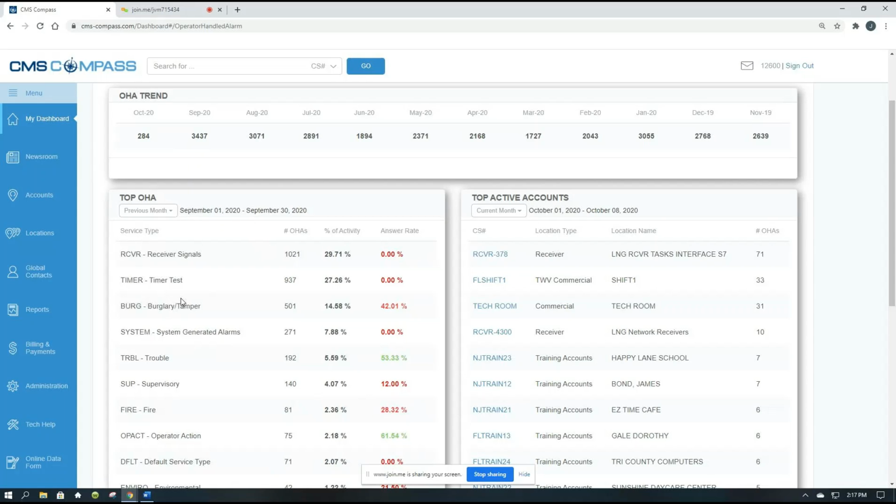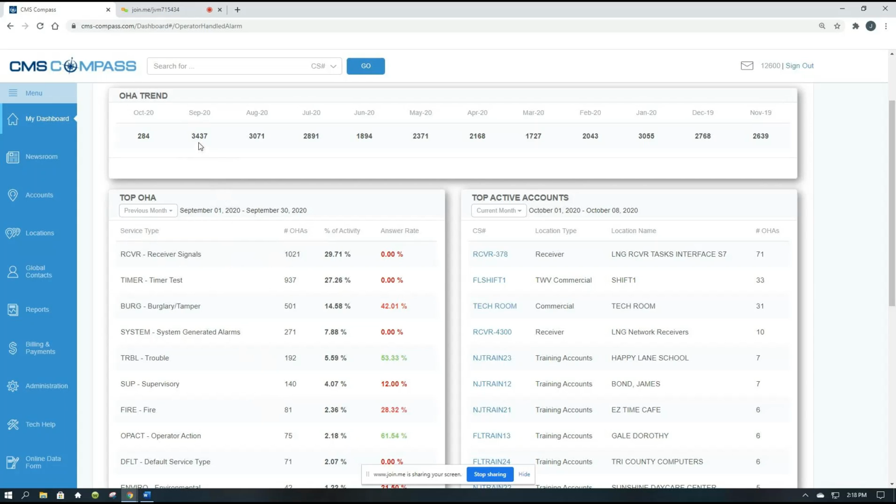So I could just say as a dealer, hey, change all my troubles to SMS or auto notification for SMS or email. That should fix everything, right? But if I look at my service type, I only have 192 signals that make up 3,437. So I'm not putting much of a dent in there. It's going to help it a little bit, right? So that's a good thing. Any bit can help. But if I really want to look at this, and this is a bad example because you guys aren't going to have this,